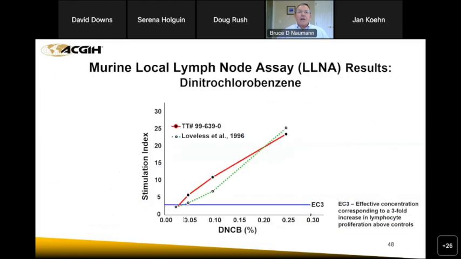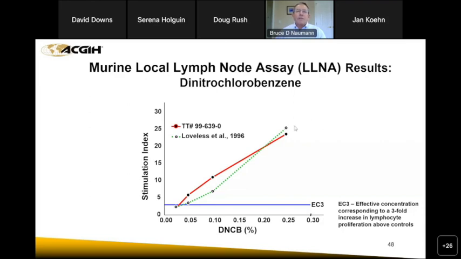Anyway, this really illustrates what we're trying to do. We have on the left-hand side stimulation index. This is where on the induction side, the lymphocytes are proliferating, and there's a radioactive method and a non-radioactive method. But bottom line is you put the chemical on the ears of the mice, and then you take out the lymph nodes in their neck, the auricular lymph nodes, and you measure the amount of radioactivity. And here with dinitrochlorobenzene, which is actually the positive control in the guinea pig maximization test,